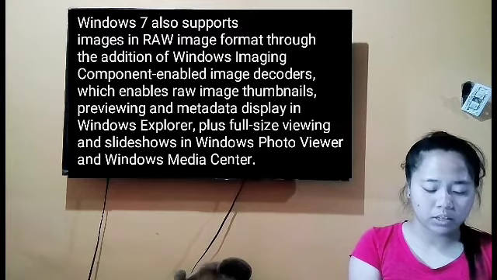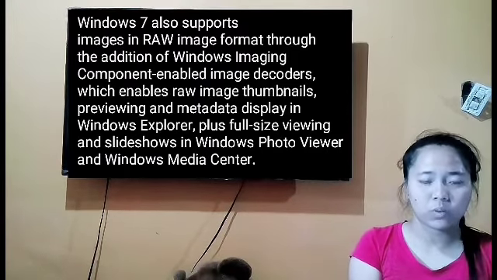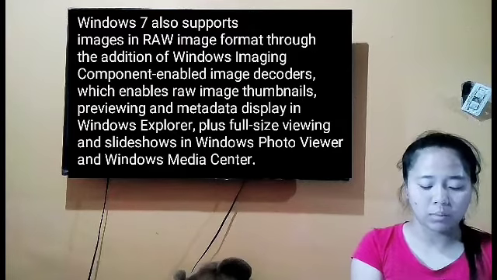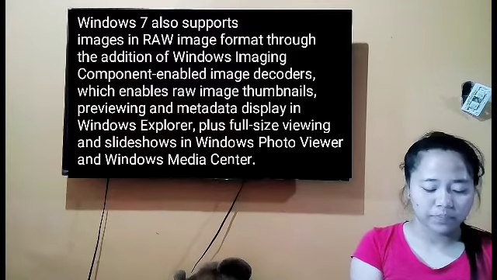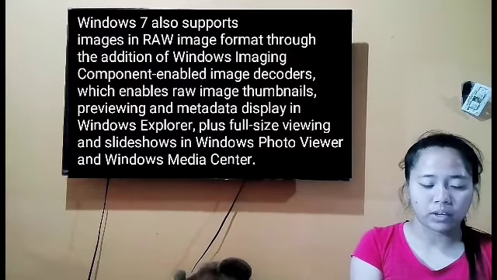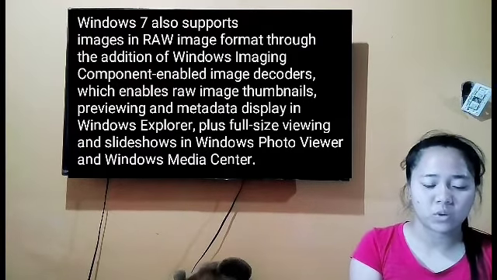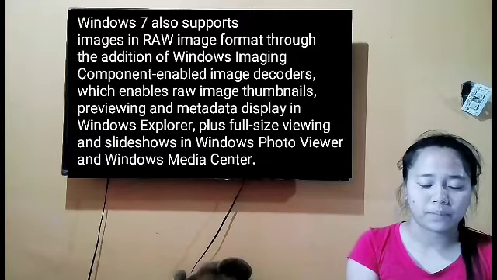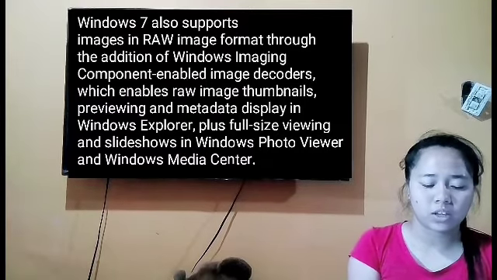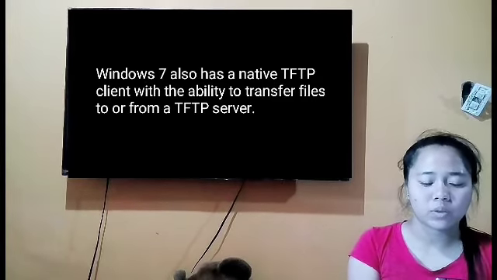Windows 7 also supports images in raw image format through the addition of Windows Imaging Component-enabled image decoders, which enabled raw image thumbnails and previewing, and metadata display in Windows Explorer, plus full-size viewing and slideshows in Windows Photo Viewer and Windows Media Center. Windows also has a native TFTP client with the ability to transfer files to or from